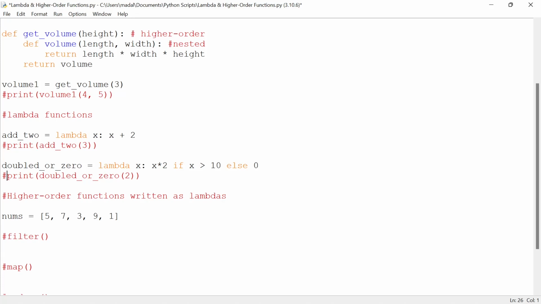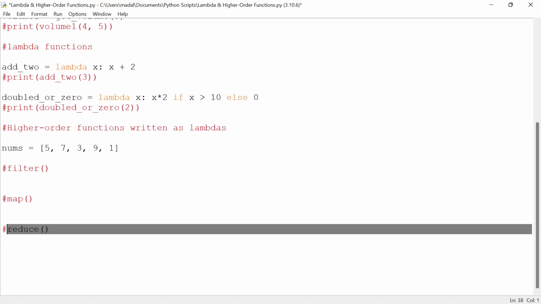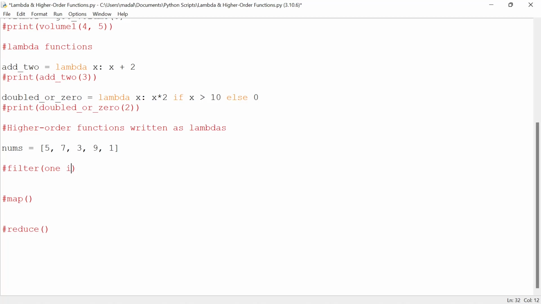However, they are only suited for short and fast functions, so bigger, more complicated functions cannot be written as lambdas. So now I'm going to give you some examples of higher order functions written as lambdas. I've defined a list nums here, and then I'm going to talk about filter first, then map, and then reduce. So filter takes one input,